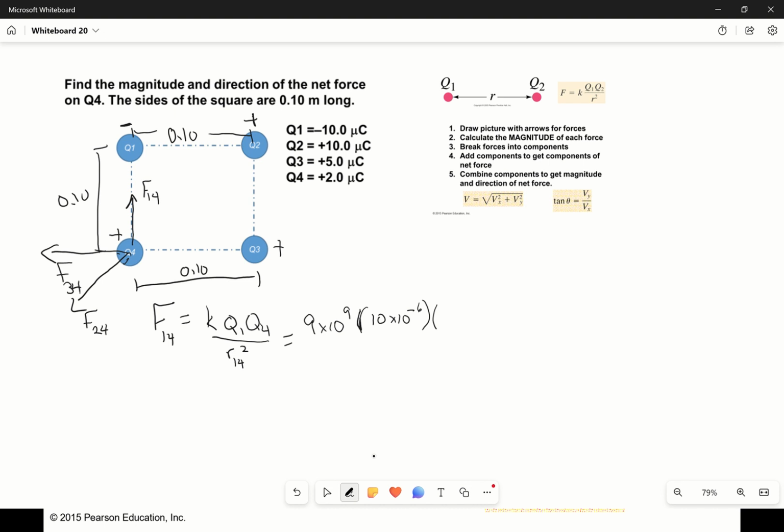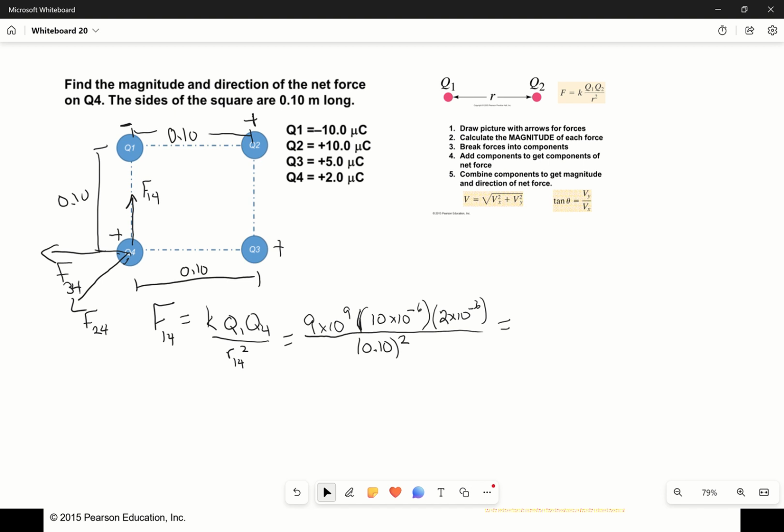And then Q4 is 2 microcoulombs, 2 times 10 to the minus 6. And then what's the distance between them? Well, the distance between them is just one side of the square. So that's going to be 0.1 meter. And don't forget to square that. So if I put all that into my calculator,